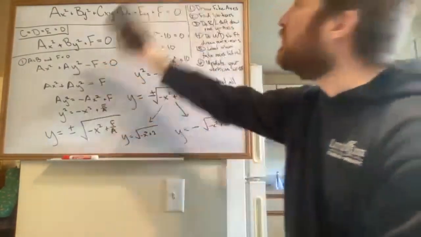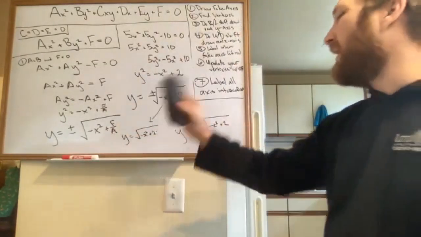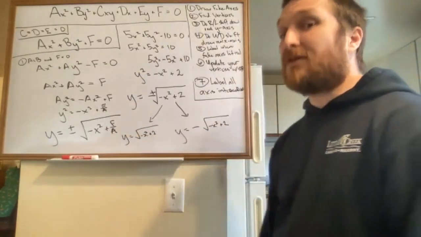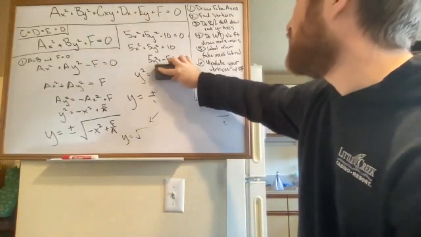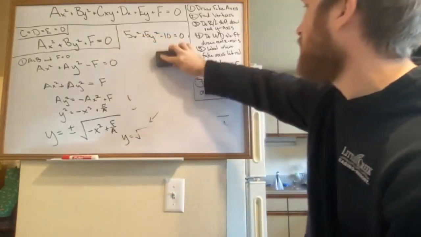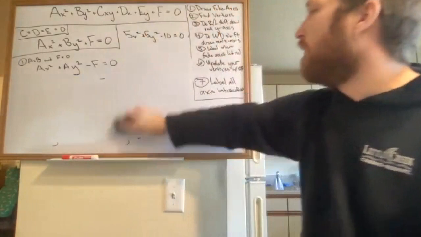It's like, let's just keep doing what we've been doing. Let's get the y by itself and see what happens. Oh, that's ugly. Can we make our lives easier? Yeah, we actually can. We don't want to go down this route. So instead of going down that road,